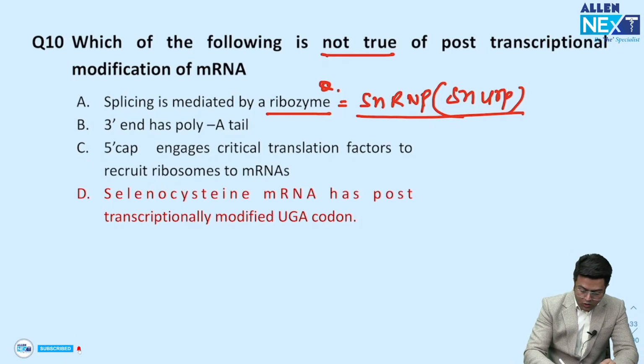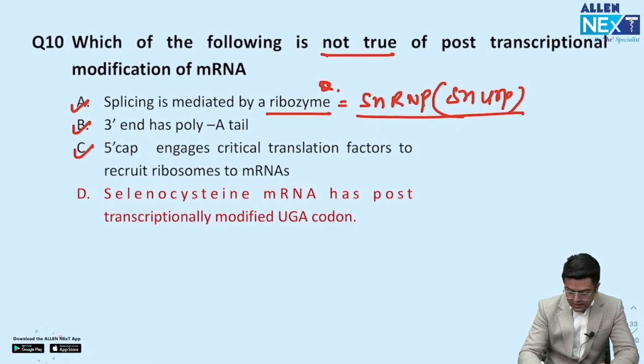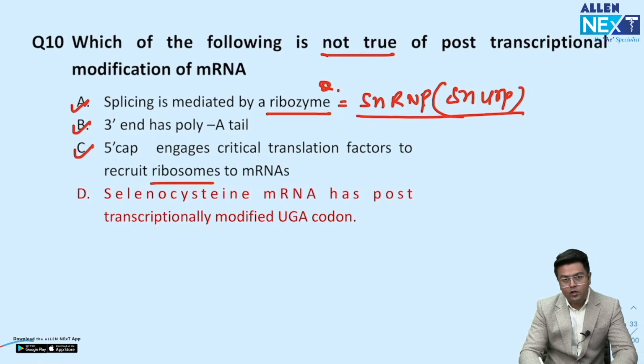Okay. Then option B, 3' end has a poly A tail. So that is correct. 5' cap engages the critical translation factors to recruit the ribosomes. I will show you again. That is also correct. 5' cap engages the translation factors. And guys, option D says selenocysteine mRNA has post-transcriptionally modified